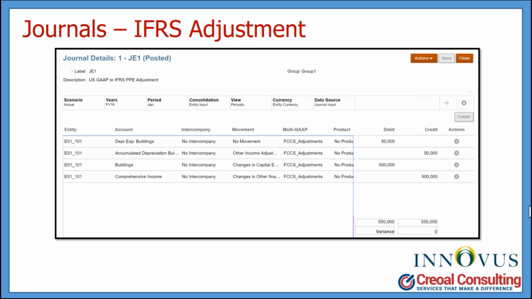If you think about it, think of it like a GPS system where you have multiple destinations and you're going from one destination to the other. FCCS allows for that transaction and its corresponding adjustments, the ability to track where you have been and where you are going, where the transaction has been and where the transaction is going. So at the end of the day, you can fully understand or drill back, when you're looking at an IFRS statement, how that adjusting entry was booked and ensure that it was booked appropriately.